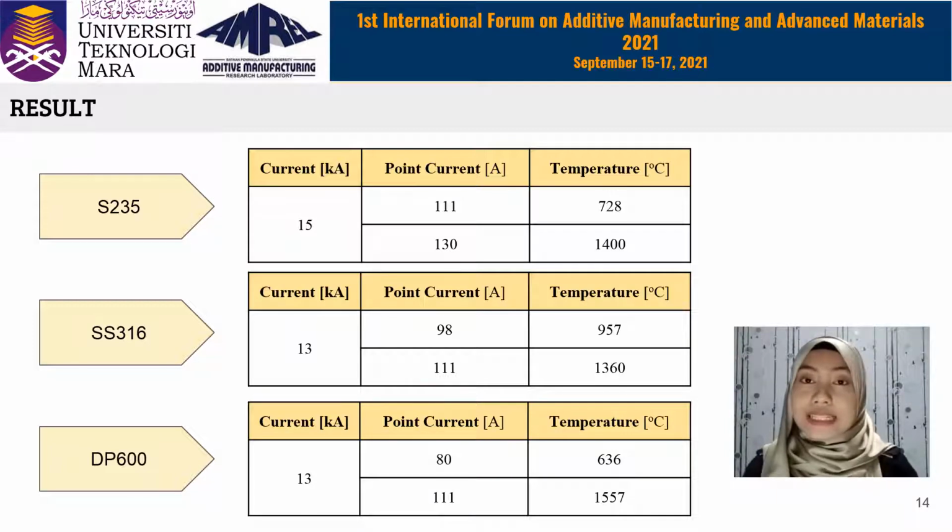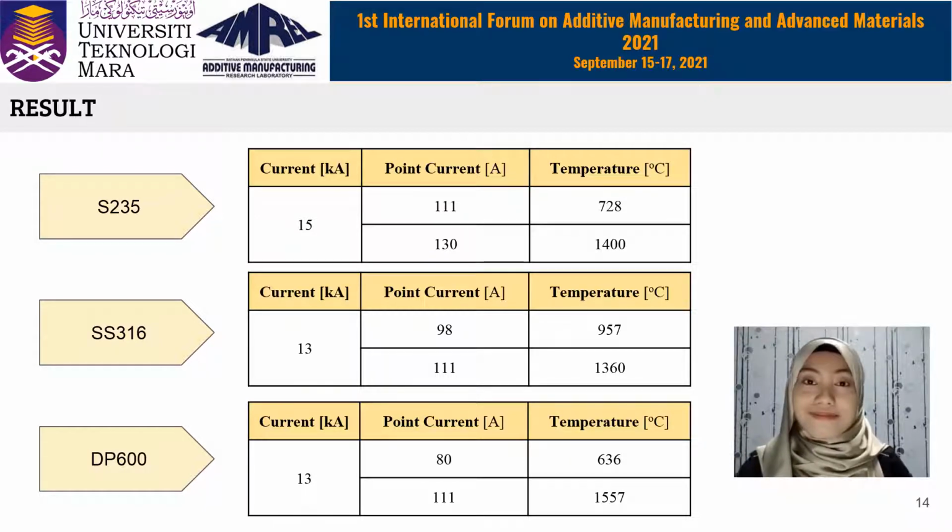The point current is directly connected to the current set for the parameter and the number of nodes. A point current is a value that indicates each node's current. To obtain the overall current, the point current must be multiplied by the total number of nodes. For all the materials used, which are S235, DP600, and SS316, the total number of nodes for the electrode is